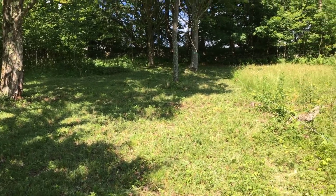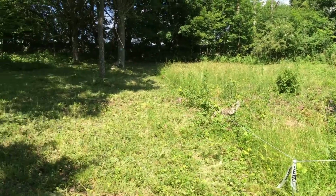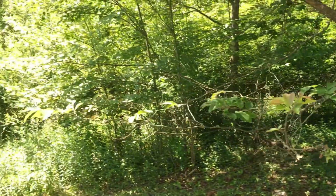So if we don't have to trench all the way over this side, it might make it a little bit easier, but we'll sort of see. Like I said earlier, in theory everything sounds awesome, in reality totally changed. But all down here,